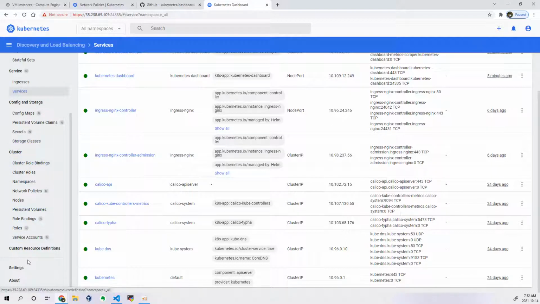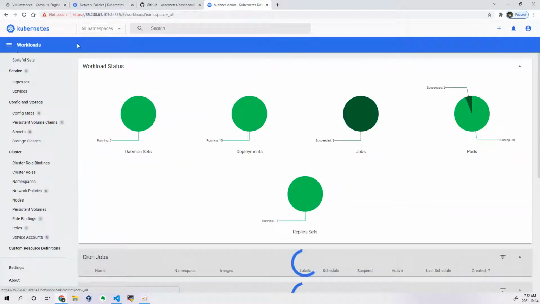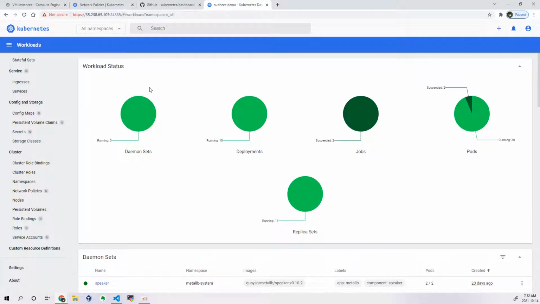So now, settings, if you want you can just make it, and then we have role, service account, nodes. Okay, settings, if you want to do some modifications in the cluster name, or if you want to assign some name, let's say, there. Default namespace is this. Okay, now come back to this, and if I go here, if you want to sign out you can just log out from here actually.